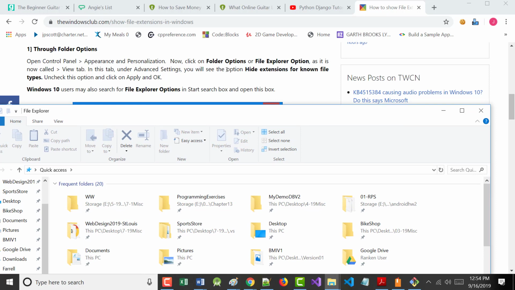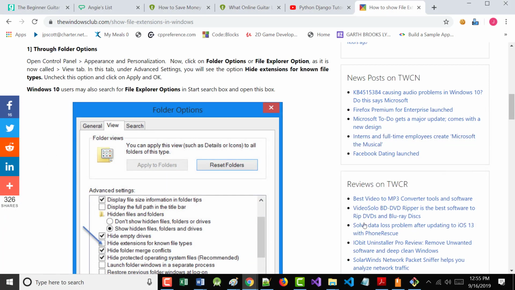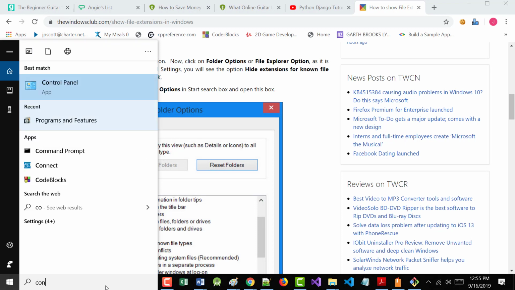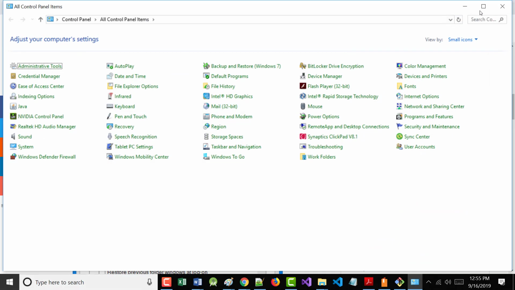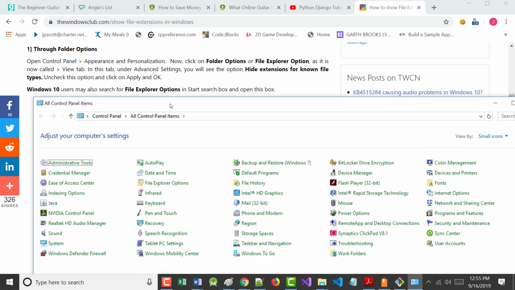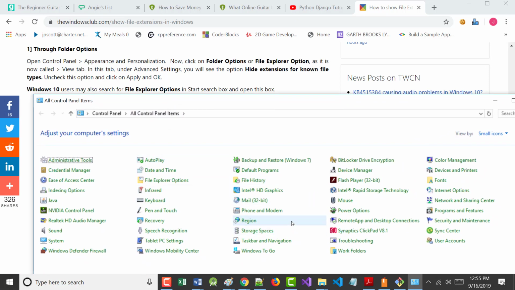But what we want to do, in fact, you're right, John, but I'm going to try to do it their way because I'm grabbing something online. I don't want people to say, well, I didn't do it that way. It says Control Panel, go to Appearance and Personalization. I think, wasn't there, this has changed.